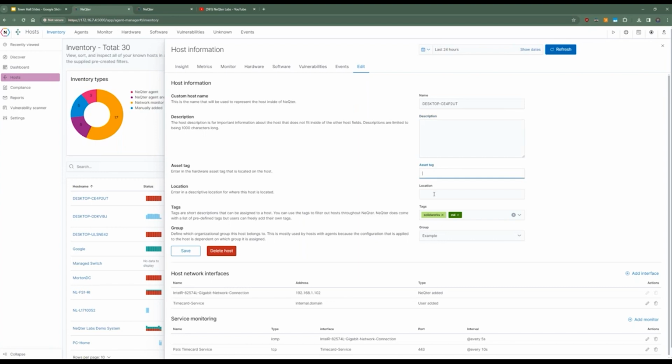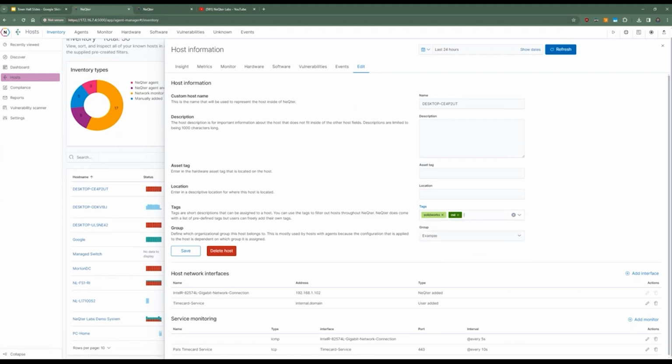If you also wanted to give it a location designator, whether it's a room or if you have multiple physical sites, you can type that in here. And then there's this dynamic tags area. So we have about a couple dozen different tags that you can select from by default. But anything that you type in and just hit enter can be used as a dynamic tag.